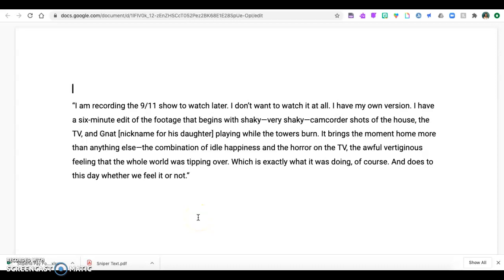I am recording the 9/11 show to watch later. I don't want to watch it at all. I have my own version. I have a 6-minute edit of the footage that begins with shaky, very shaky camcorder shots of the house, the TV, and Nat, nickname for his daughter, playing while the towers burn. It brings the moment home more than anything else. The combination of idle happiness and the horror on the TV, the awful vertiginous feeling that the whole world was tipping over. Which is exactly what it was doing, of course, and does to this day, whether we feel it